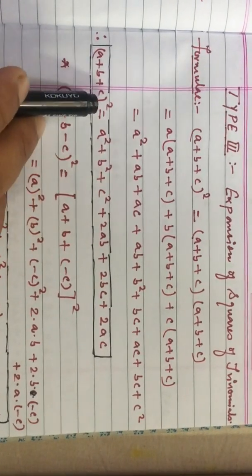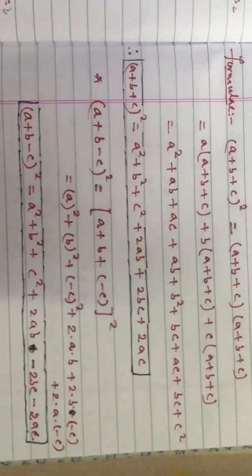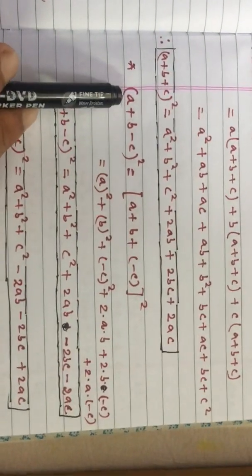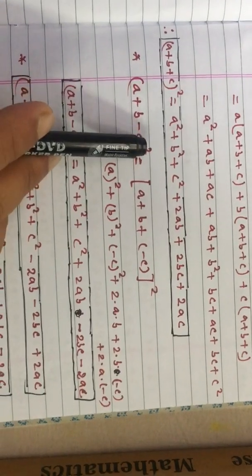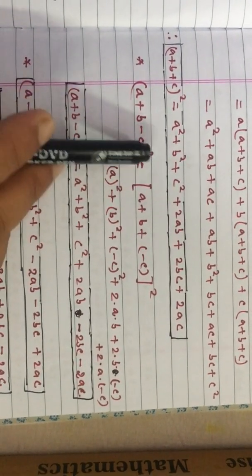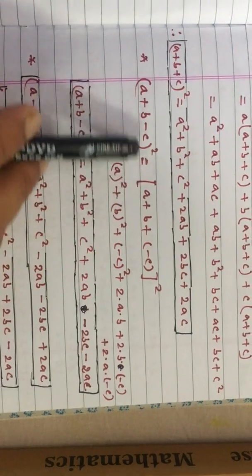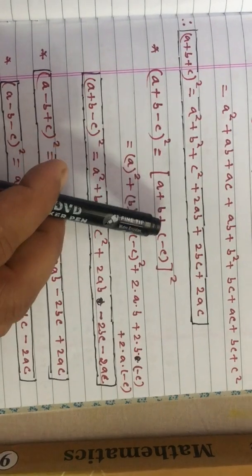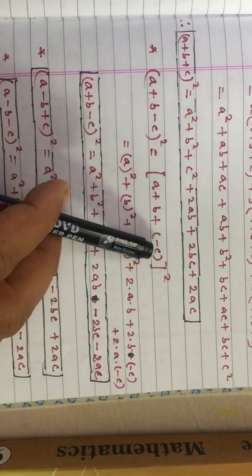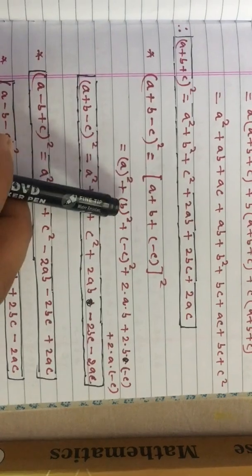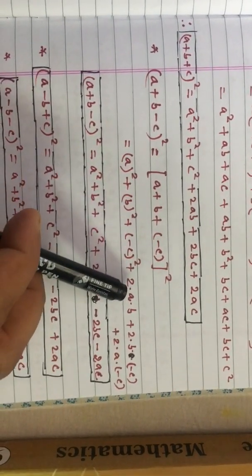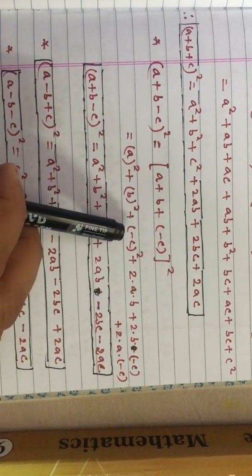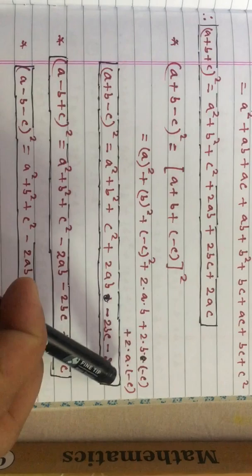Similarly, this same formula we can derive in some different form also, only changing the sign. Now see here, a plus b plus minus c whole square. So by using the same formula we are explaining this. I am explaining this, a plus b and plus minus c taking under bracket. Now see, a square plus b square plus c square, 2ab, 2bc and 2ac. Now you can see, instead of c, in all the places I have written minus c, minus c, minus c.